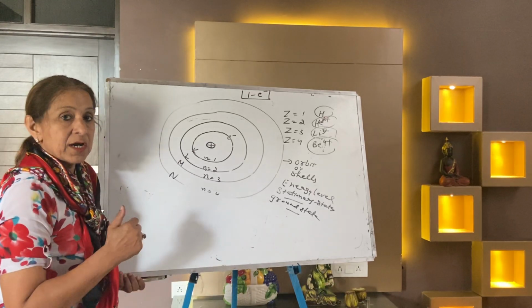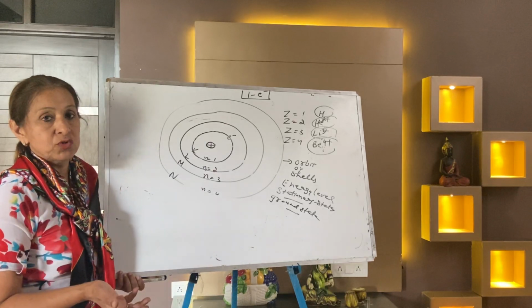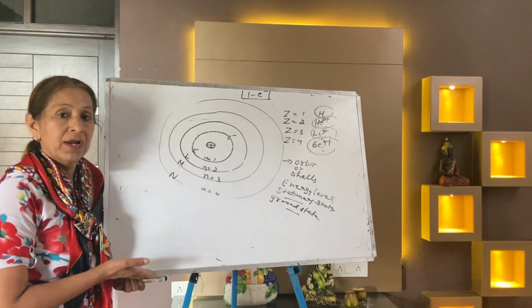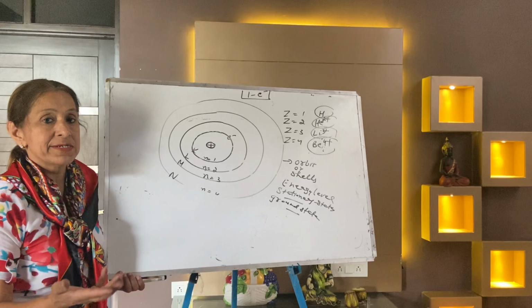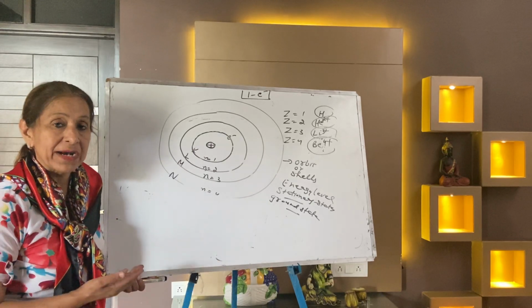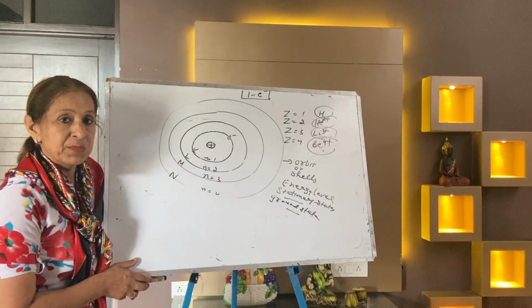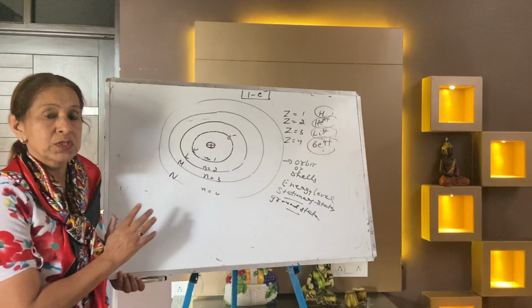After that, the second postulate is radius, third is about velocity, fourth is about angular momentum. These all are the postulates of Bohr's model. And what are the achievements of Bohr's model? There are 2 achievements. The second achievement, that is the spectra of the hydrogen atom, we will take in the next lecture. Today I have explained to you the stability of the hydrogen atom by Bohr's concept.